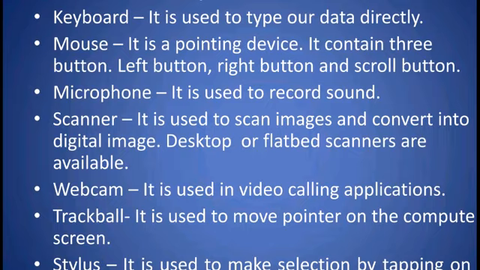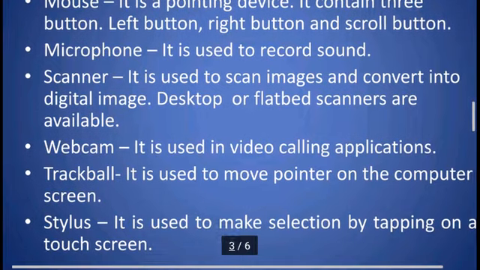For this I use a scanner. A scanner scans an image and converts it into a digital image. Scanners are of two types, desktop or flatbed, and with their help we can scan our document and store it in computer memory.